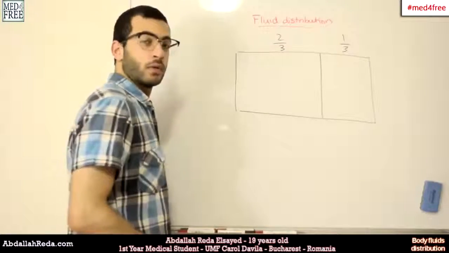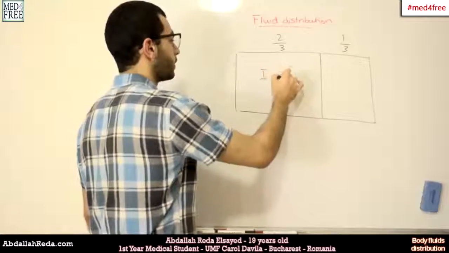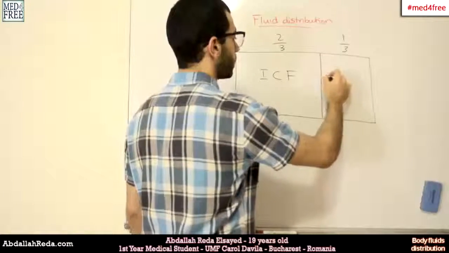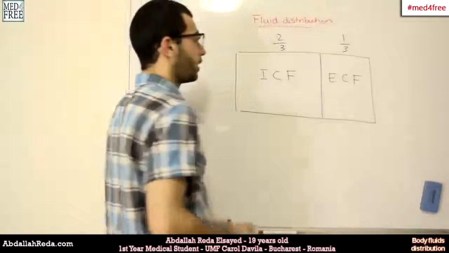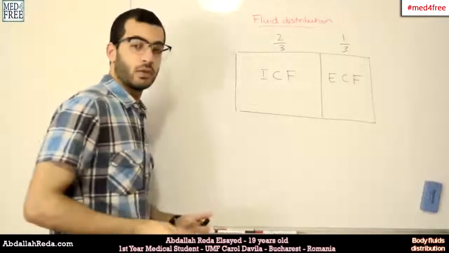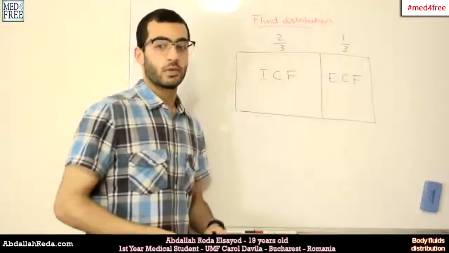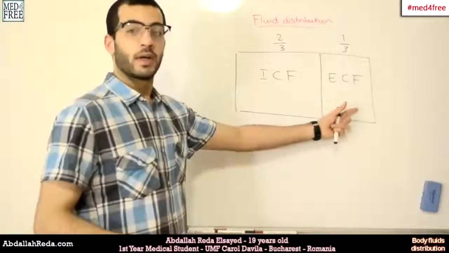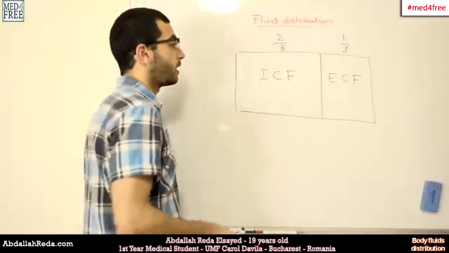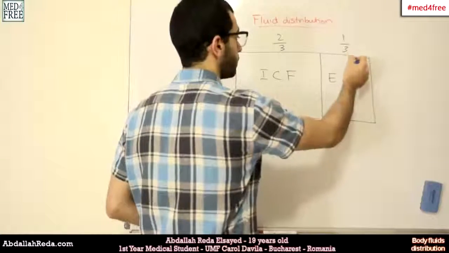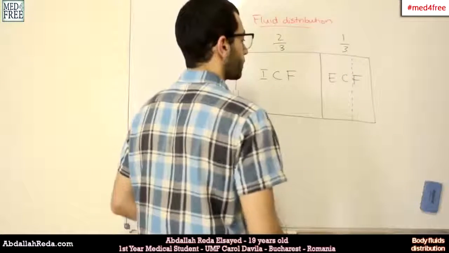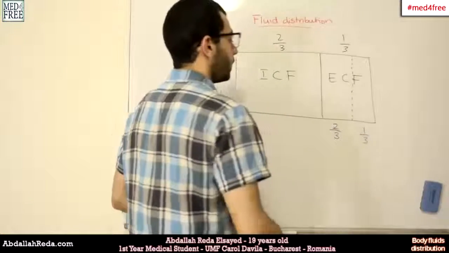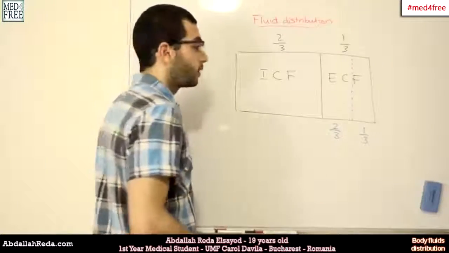This will be the internal fluids, or the intracellular fluids, and this will be the external fluids, or the extracellular fluids. So the intracellular fluids are found inside the cells, extracellular fluids are found outside the cells. And the fluids that are found outside the cells can be divided again with the same ratio of 2/3 and 1/3. 2/3 of the extracellular fluid is